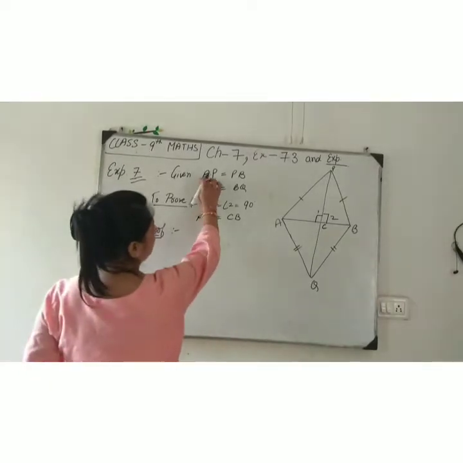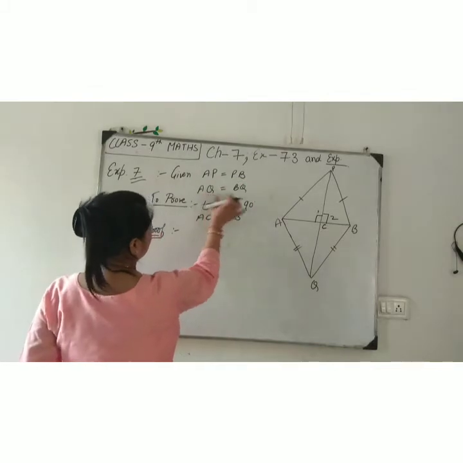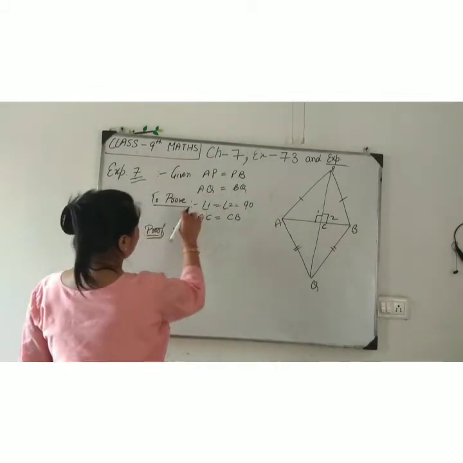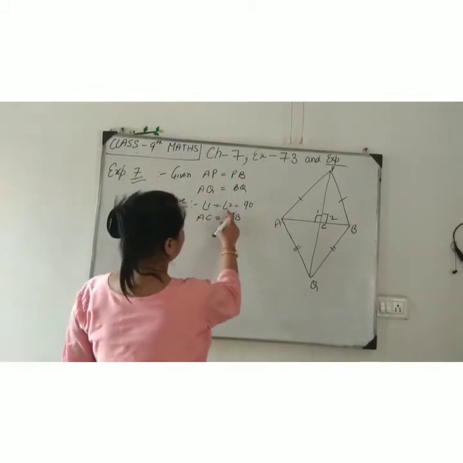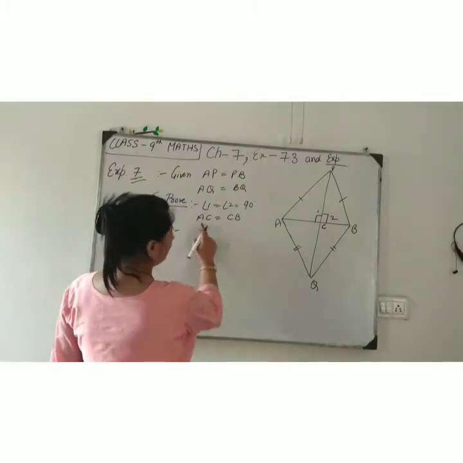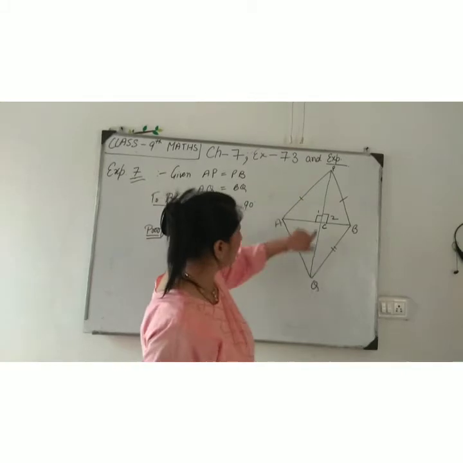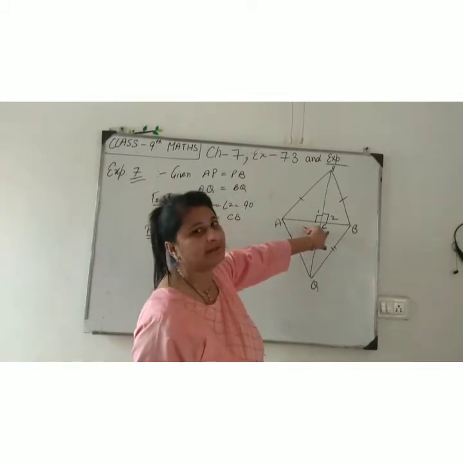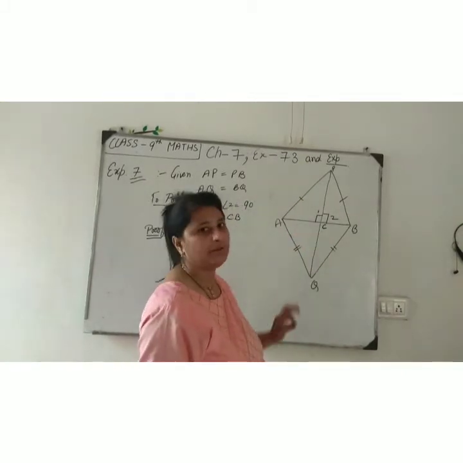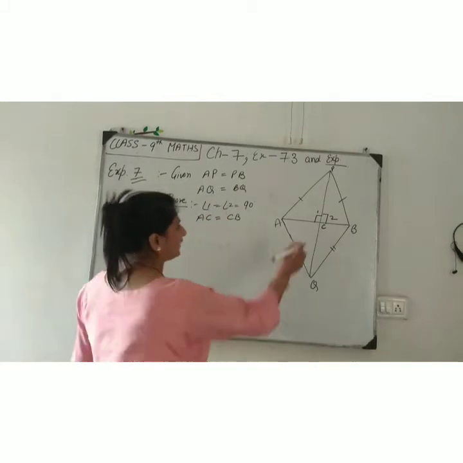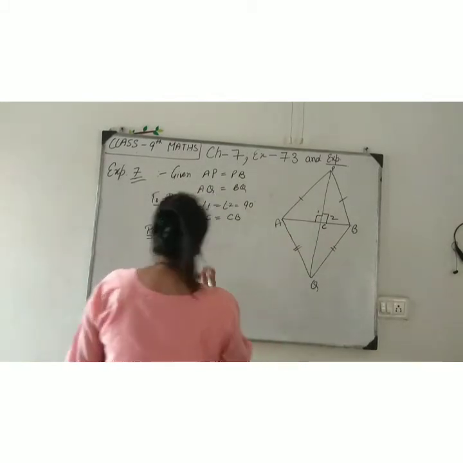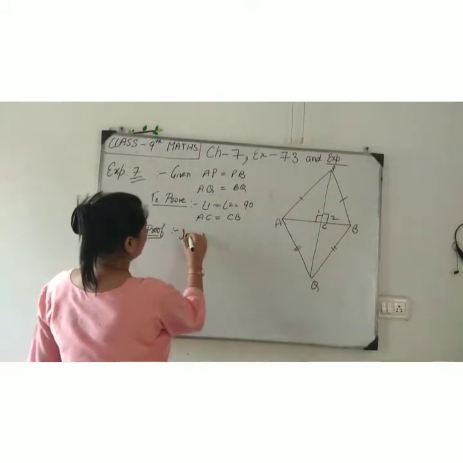Given AP equal to PB, AQ equal to BQ. What I have to prove in this question is angle 1 equal to angle 2 equal to 90 degrees, and AC equal to CB, because it is written here that PQ is the perpendicular bisector of AB, and the meaning of bisector is divided into two equal parts. So, I start with the inner triangles